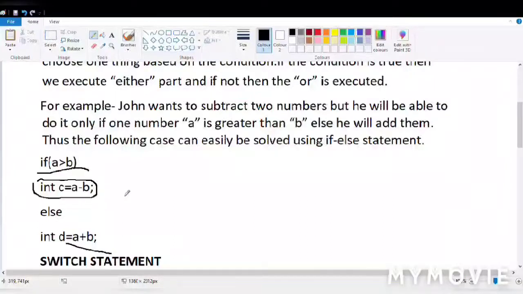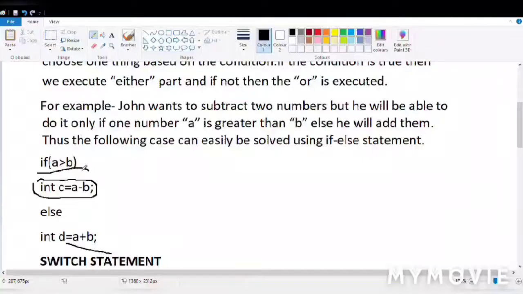You can write any condition here. It will always return a boolean value. I have already taught you about boolean values when I was teaching you data types. A boolean value has only two possibilities, that is true and false.